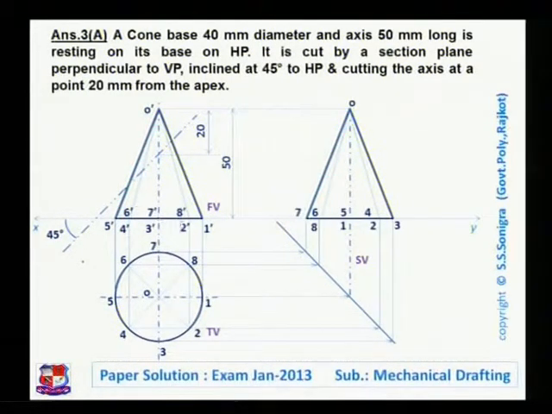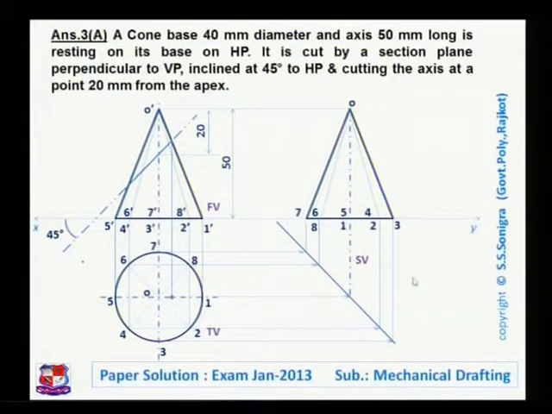Now transfer all these points in the side view also. Suppose this is point number 1. So here this represents point number 1. Here is point number 2. So draw a horizontal line from point 2. This represents point number 2. Here is point number 3. Transfer this point to the side view, point number 3. Similarly this is point number 4. Here is point number 5. Here is point number 6. Here is 7 and here is point number 8. After transferring all these points in these 3 views,